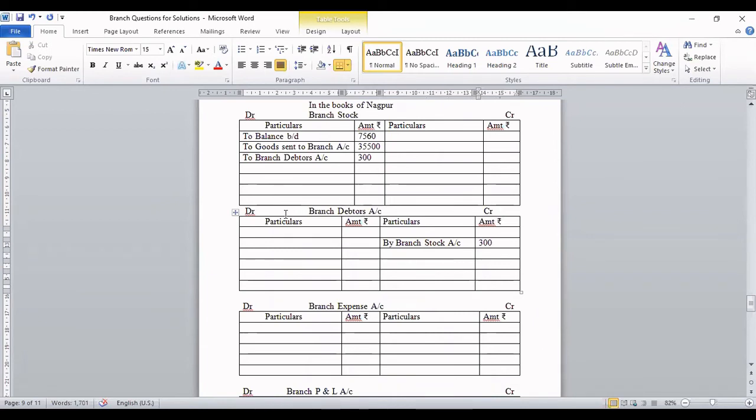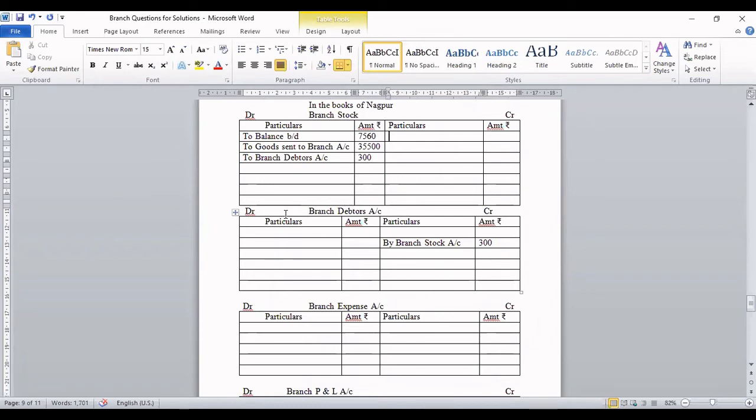Next one. Come on, tell me next effect or next entry. Total sales. So we don't need total sales. We have cash sales there. Cash sales is given. Okay. So just record cash sales first. Then we'll record effect of credit sales also. So come on, tell me what will be the effect for cash sales?